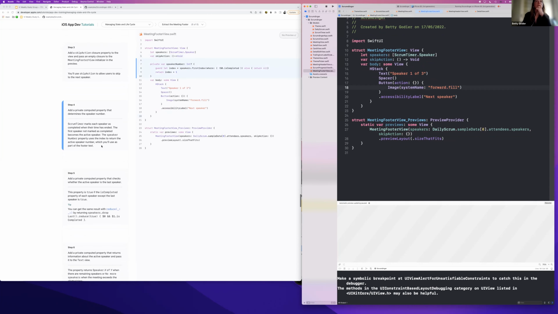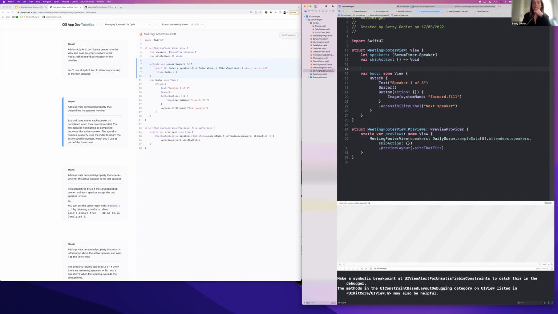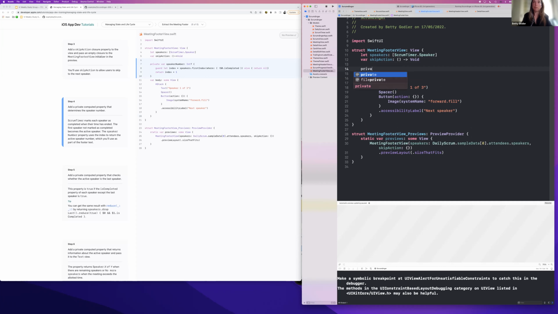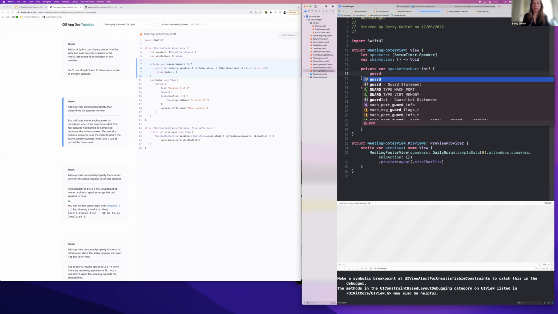Here now we'll add a private computed property that determines the speaker number, just above this one with more space: private var speakerNumber. What is it? It is an Int, and it could be nil. So guard, guard let